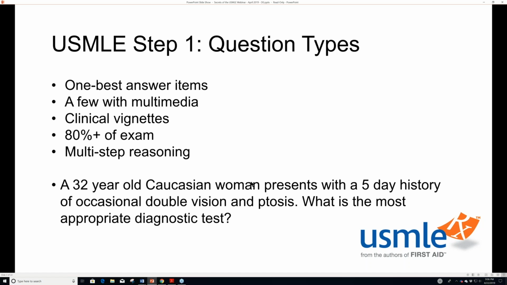And then based on that, what is the most appropriate diagnostic test? Well, that's going to be short-acting edrophonium, which is an acetylcholinesterase inhibitor, or the Tensilon test. That is the classic test, but it is fading. It's not really being used all that much in the U.S. It's still used in other parts of the world. At least in the U.S., we tend to use